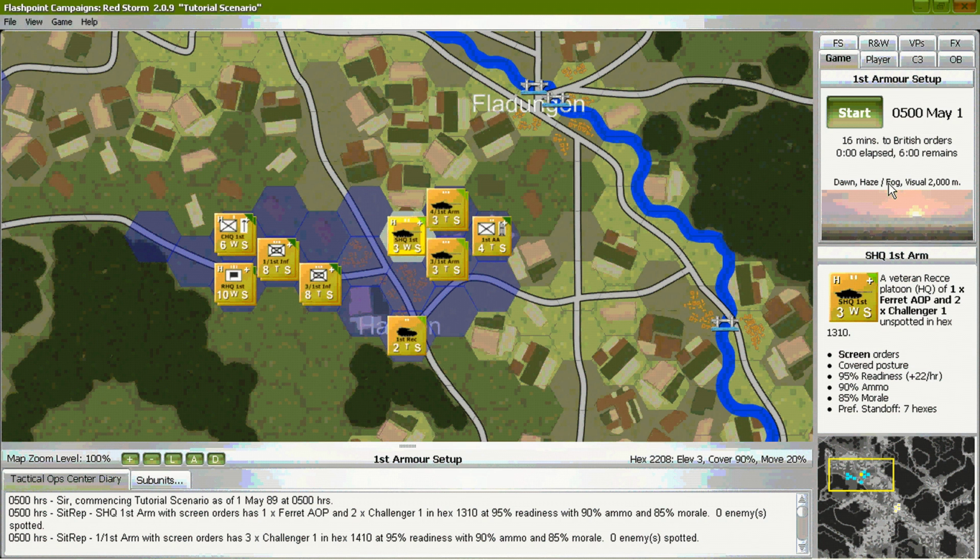We can see that our spotting range is 2,000 meters, or 4 hexes for most units.